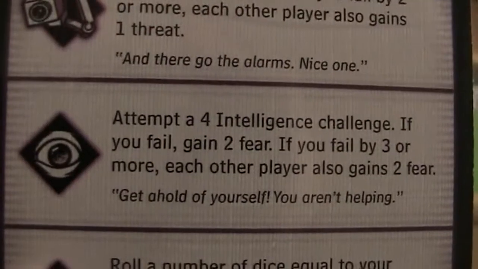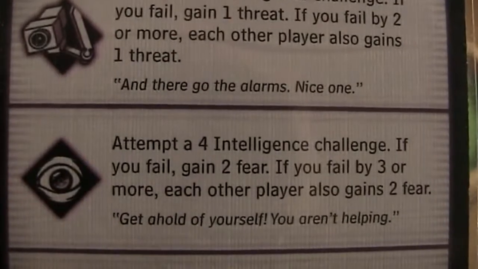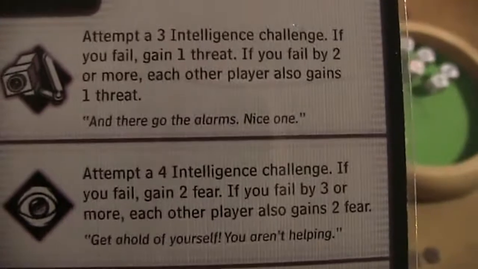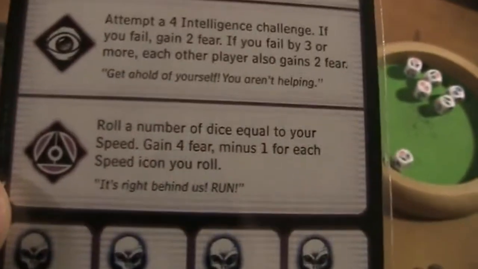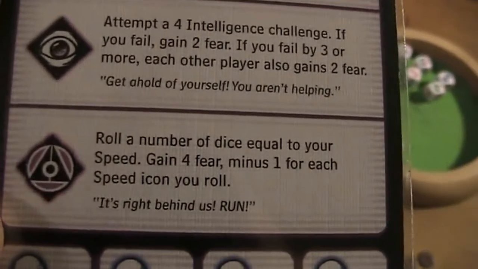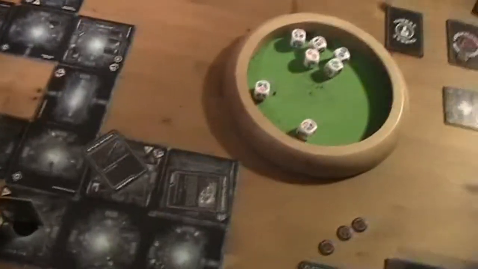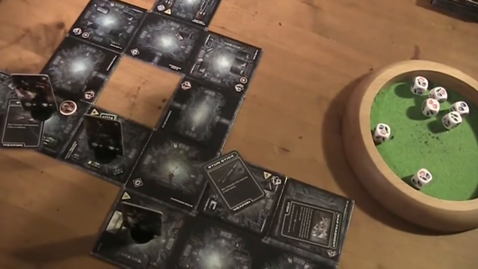Or here, get a hold of yourself. You aren't helping. Attempt the 4 intelligence challenge. If you fail, gain 2 fear. If you fail by 3 or more, each other player also gains 2 fear. Well, it makes sense. It's right behind you. Run. Roll a number of dice equal to your speed. Gain 4 fear minus 1 for each speed icon you roll. I think I can see a story there. I can see a situation there. I can see this. Well, I don't need